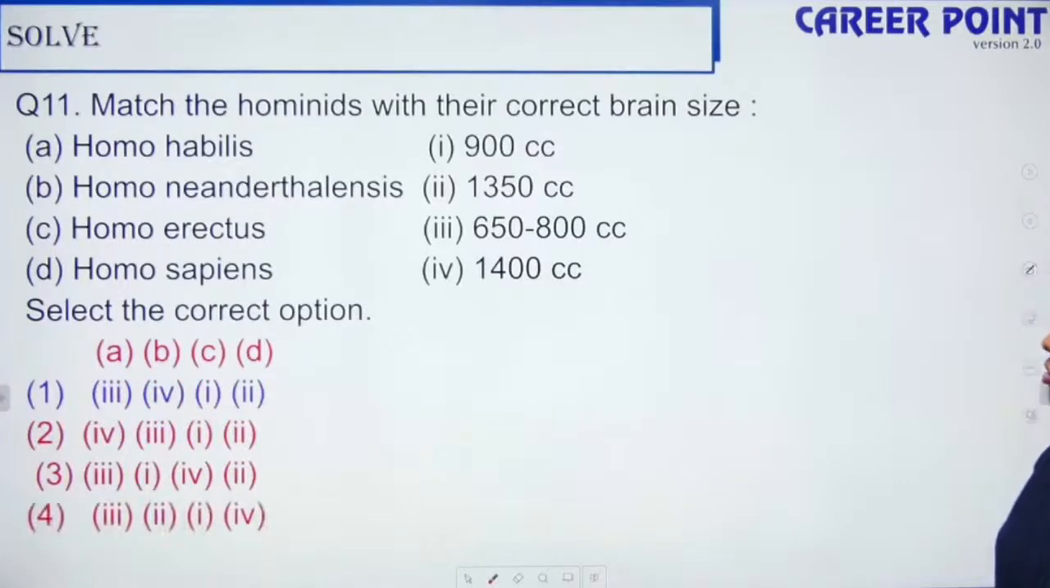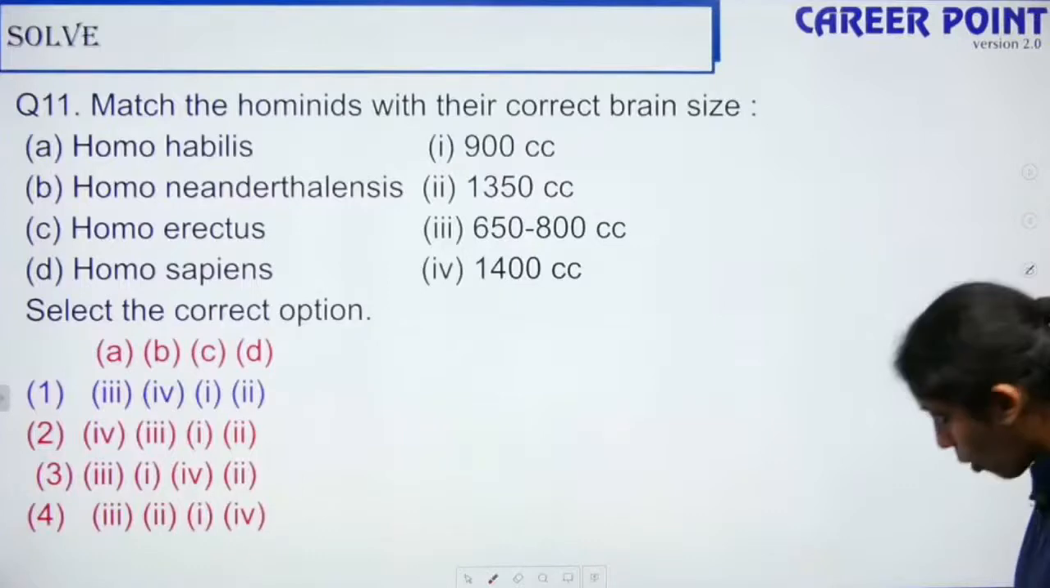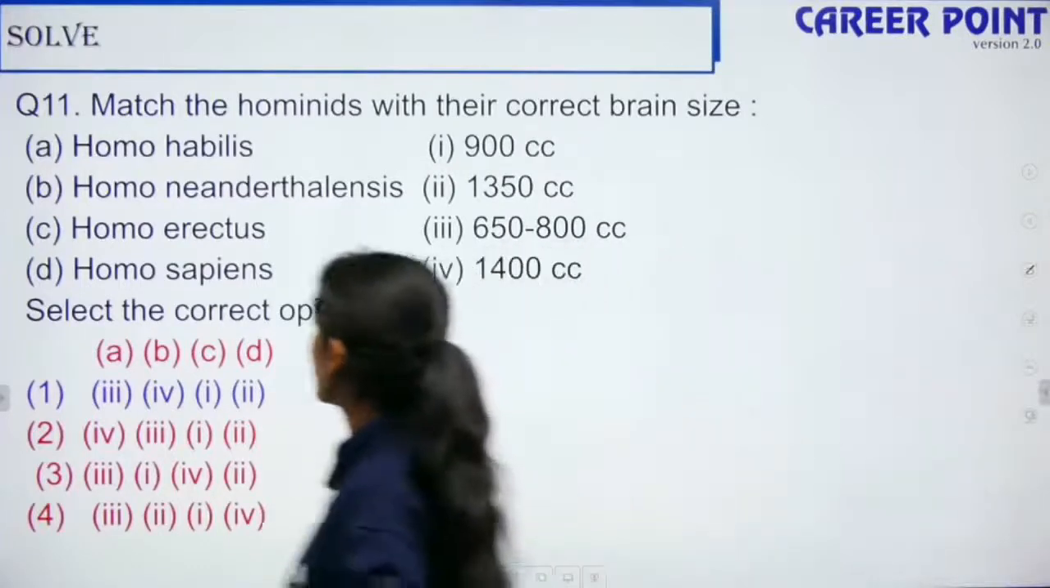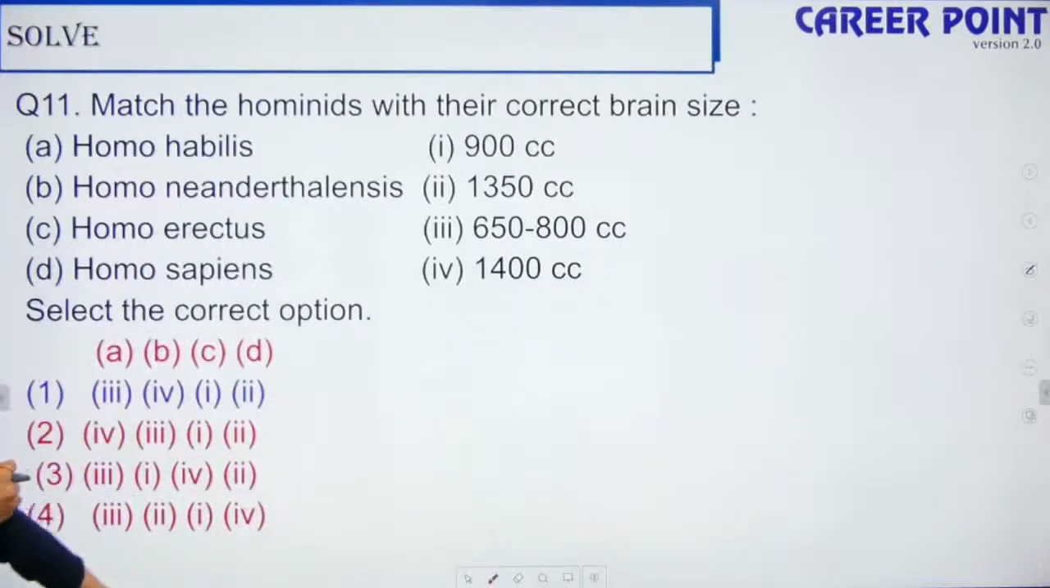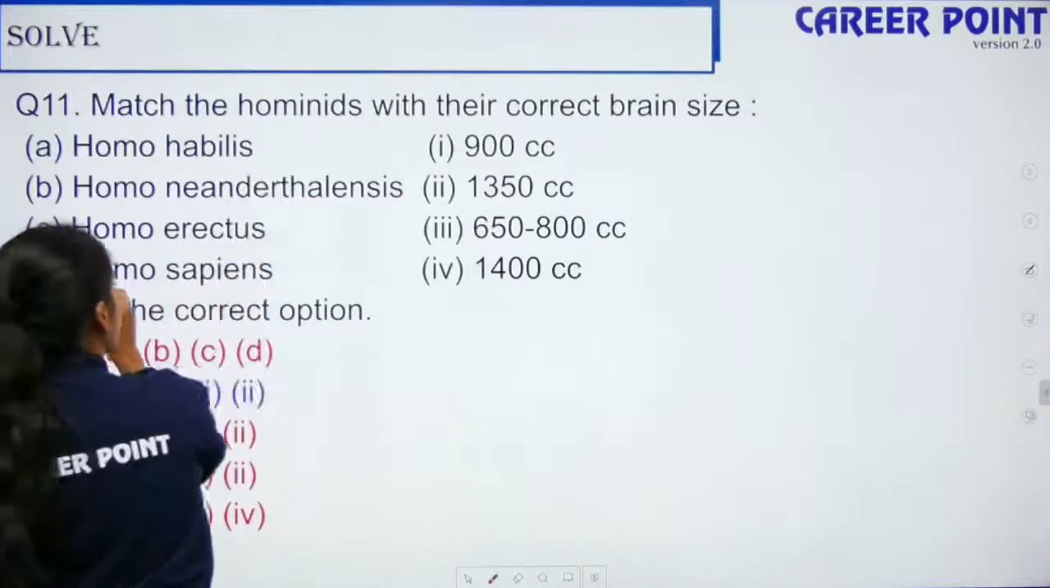Oh no, we are wrong. So who has 1400 cc? Okay, Homo habilis. Okay, so I thought I was going wrong. Okay, so the trick is Homo sapiens are